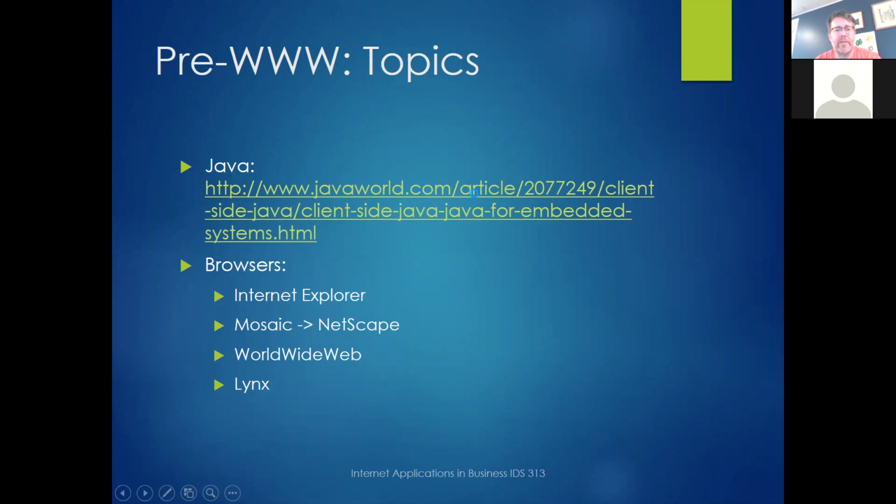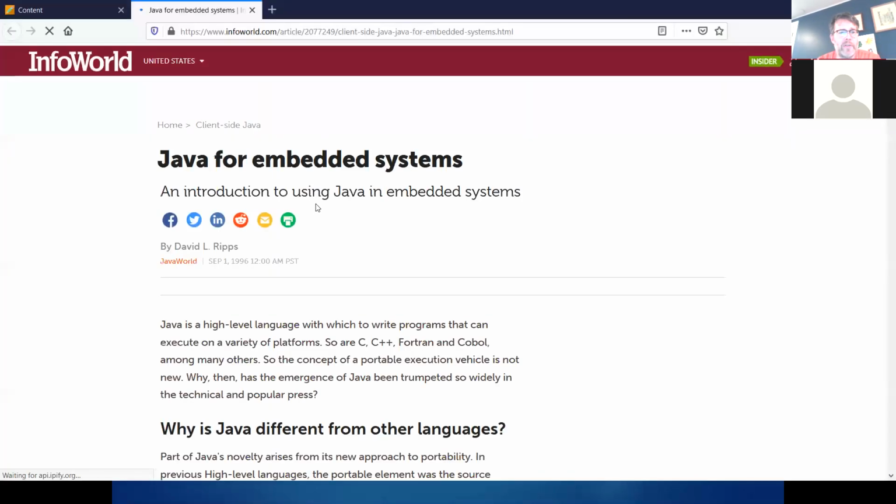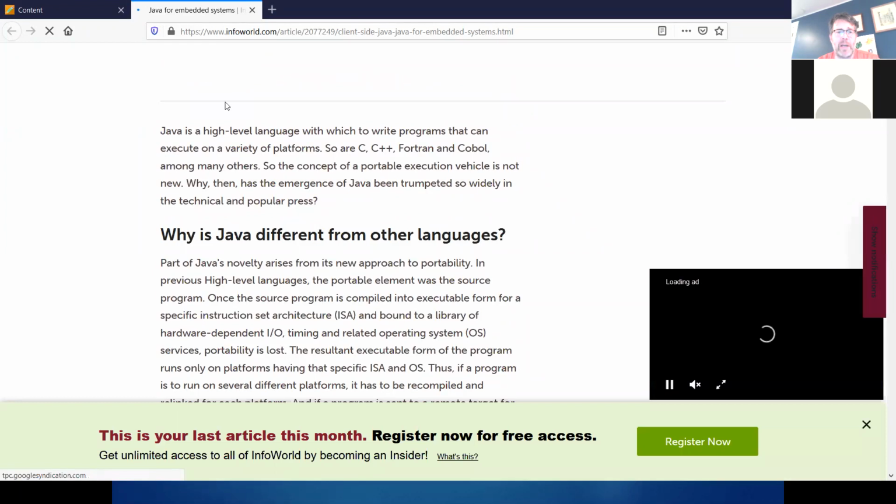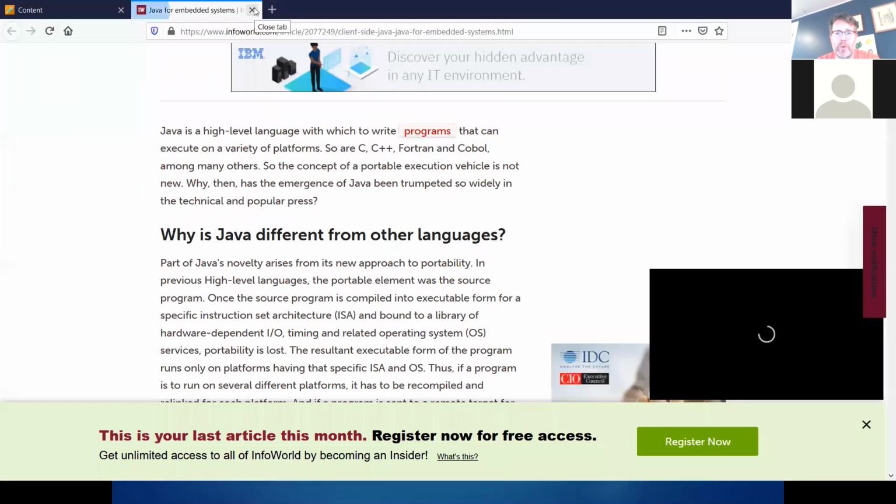Let's see what we've got here. If this article is still available, I believe it's from 1995 or 1996. This is from the early days of Java. There we go. Java for Embedded Systems from 1996. It talks about why Java is different from other languages. But the big thing about it, most computer languages,